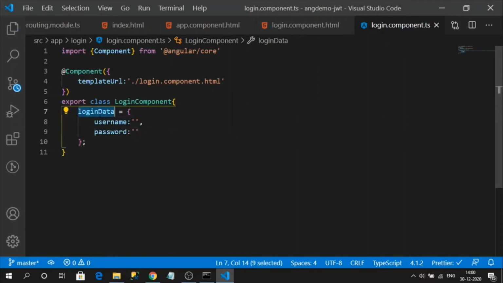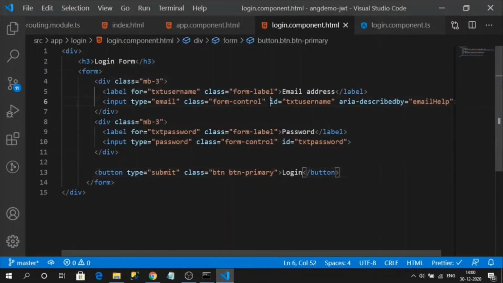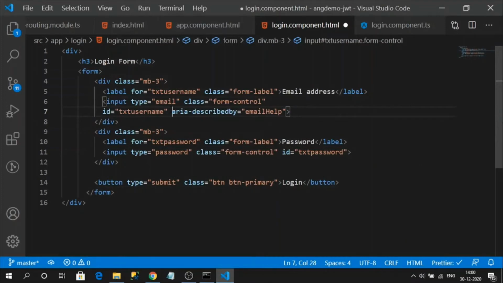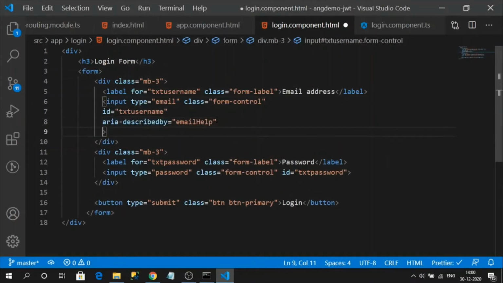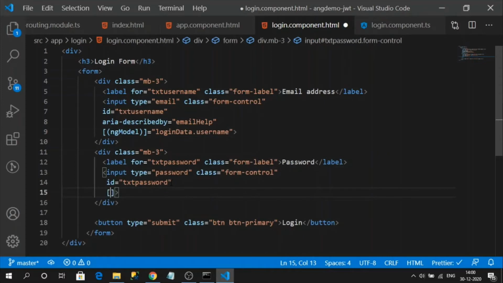I want to use model binding to interact with my HTML view. So to do model binding, what I can do, I can use ng model. Okay, username. Similarly for password, what I can say, ng model login data dot